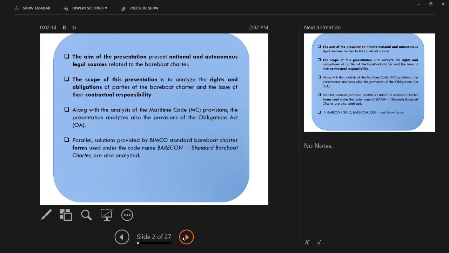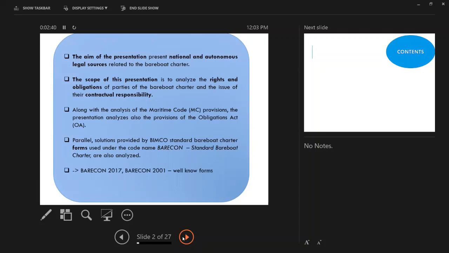In parallel, we will also see provisions from BIMCO's standard Bareboat Charter forms. BIMCO means Baltic and International Maritime Council. We will see provisions from the standard Bareboat Charter form with the code name BARECON, or Standard Bareboat Charter. Today, the latest edition of this form is BARECON 2017. In practice, parties usually also use BARECON 2001. These two standard forms are well-known and really in use when it comes to